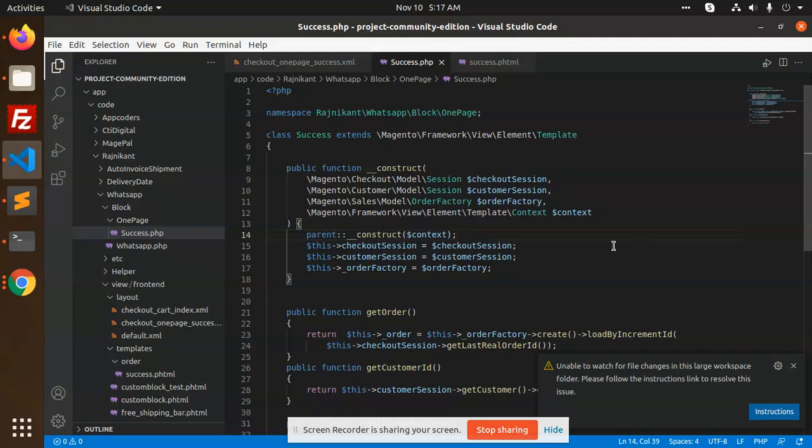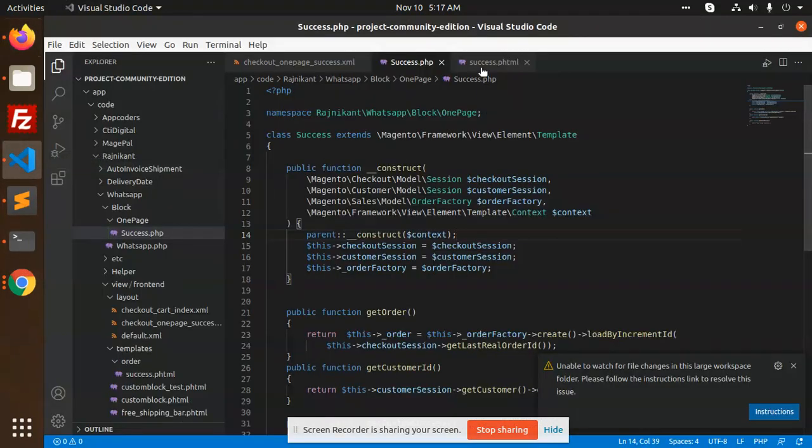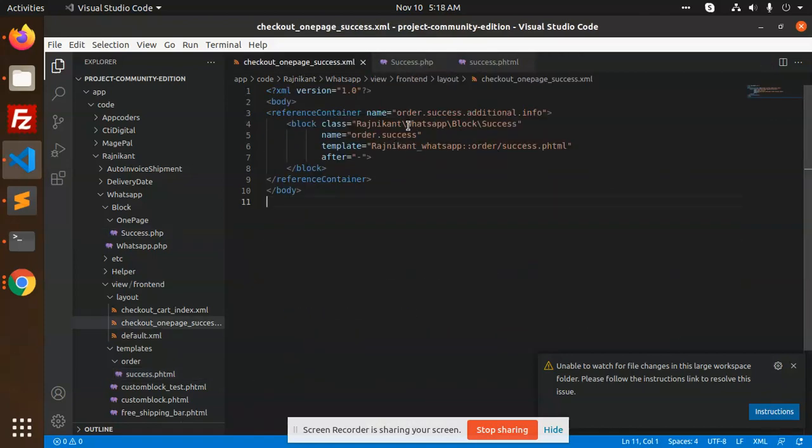So now there is an issue that is running, that is invalid block. So let me check where I have written this one, success.html. No, success. And what's the block? It's success and success.